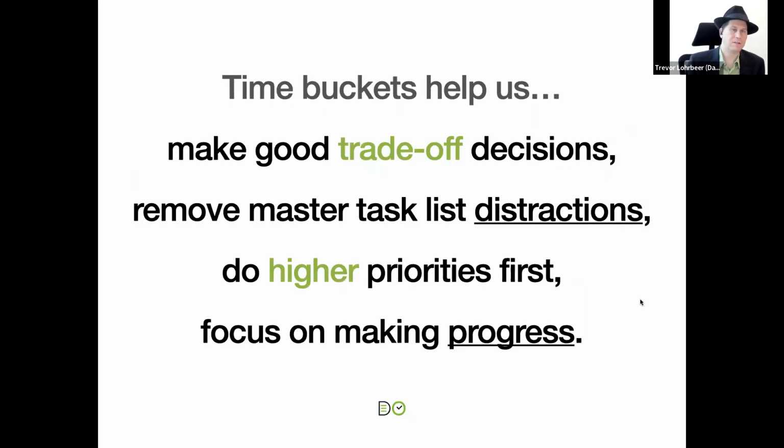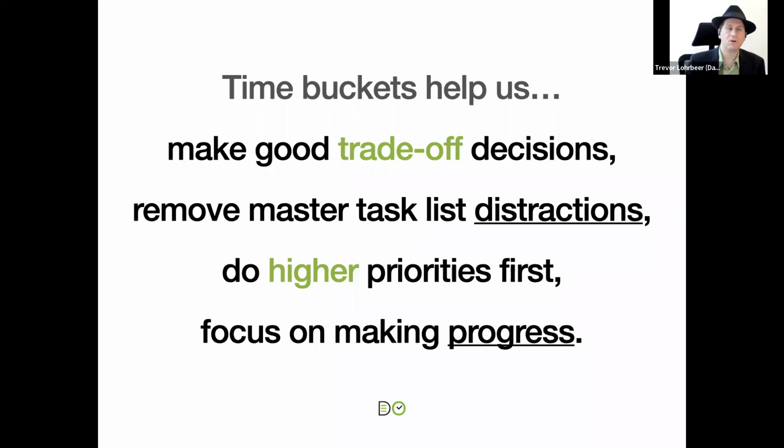So again, time buckets help us make good trade-off decisions because we only have a limited amount of time in our day. So if we try to do everything, we won't be able to accomplish that. And having that constraint, saying you only have 8 hours to fit into this bucket, so what are you not going to fit into that bucket? And having a visualization that shows you that you can't put those things in the bucket will force you to say, okay, I'm going to do X versus Y. I'm going to pay my taxes. I'm not going to read Facebook, or I'm not going to just process my email because paying my taxes is more important.